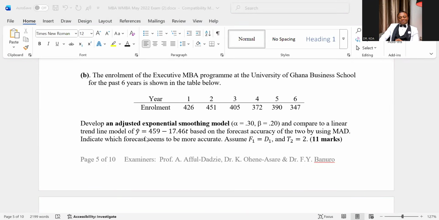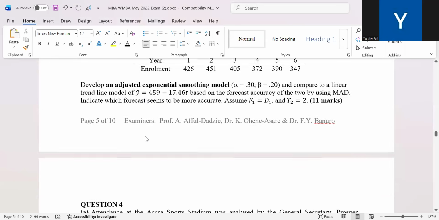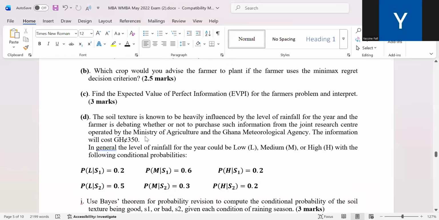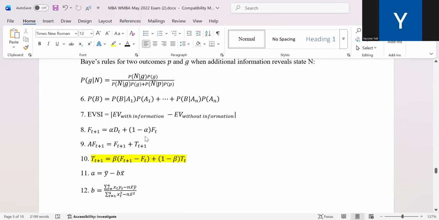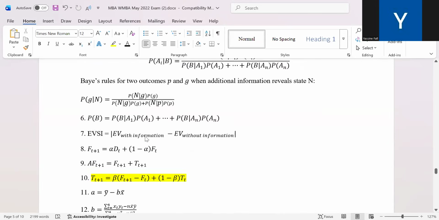And the forecast accuracy measure is MAD. So this is an interesting thing. So first, you need to calculate the mean absolute deviation for the linear trend line. And then, of course, for this one. Now, what is the formula for the MAD? Who knows? Yasin. This is the sum of demand minus the sum of the current forecast divided by N.